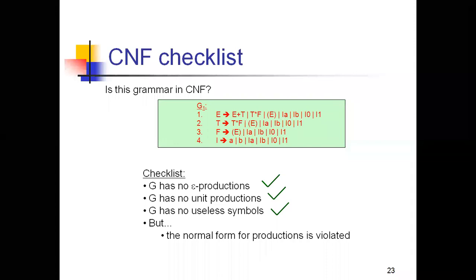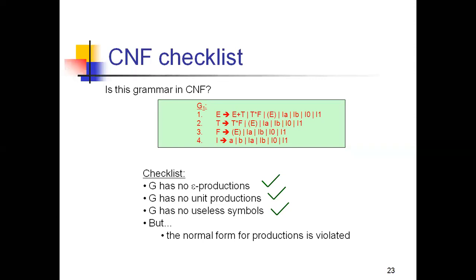Right. So you need to check whether the grammar has any of these three: either it consists of epsilons, units, or useless symbols. And how can we say that a symbol is useless or useful? If the variable is deriving a terminal directly, then we can say that it is a useful symbol.